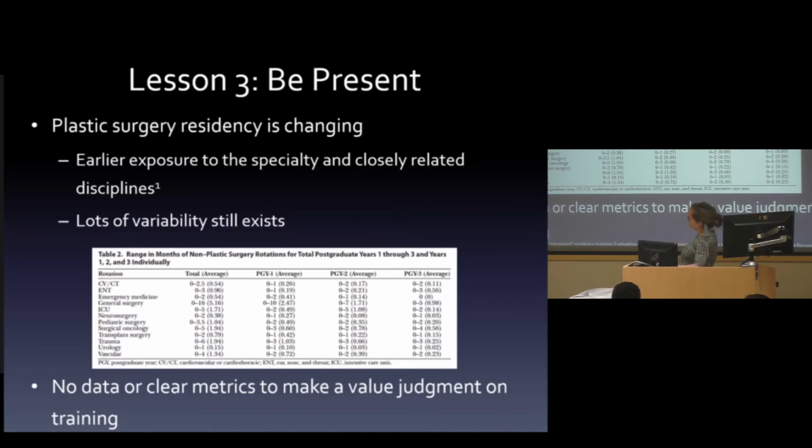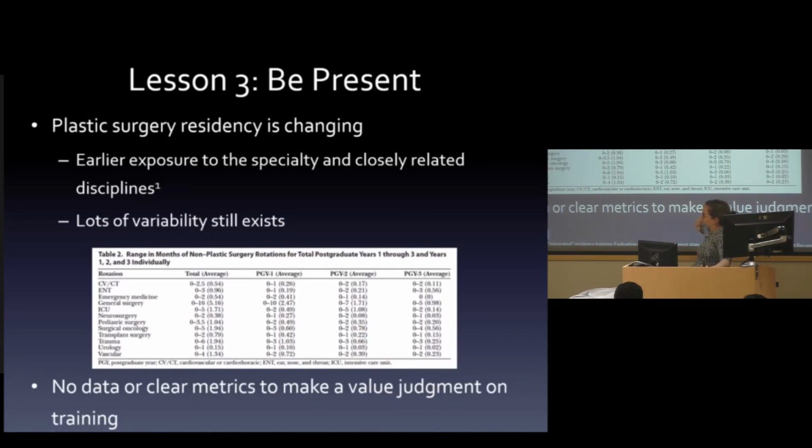And I just think that this chart is really interesting because as the different surgeries that we do in plastic surgery change, what rotations become valuable also kind of changes. So just some examples, transgender surgery is something that we started doing in plastic surgery. It's now covered by insurance. We talk about it a lot. And yet people spend 0 to 1 month on urology, which is a big part of transgender surgery. So is that a delay in what we need to learn? Or is that not a rotation that we need to do because you're getting that information in some other way?